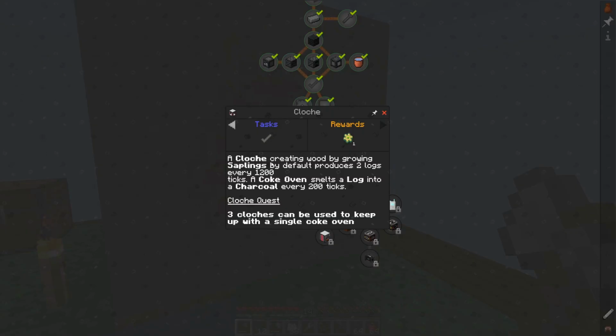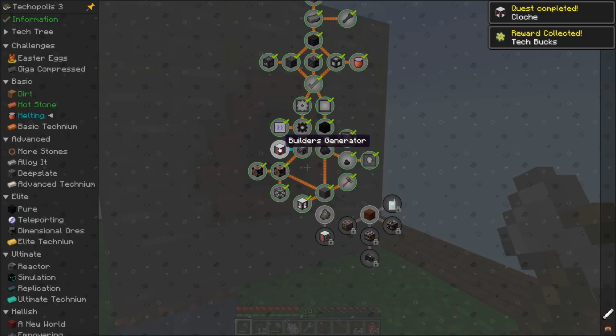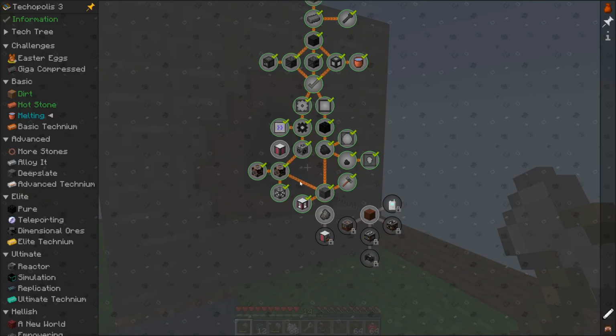Cloche. A cloche. Creating wood by growing saplings by default. A coke oven smelts a log into charcoal every 200 ticks. Oh, interesting. So that's just knowledge there, I guess. We still haven't built this. I don't see a purpose for it right now. We'll probably do it at the end